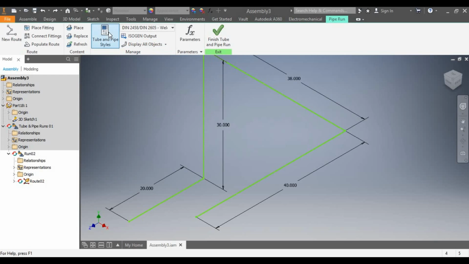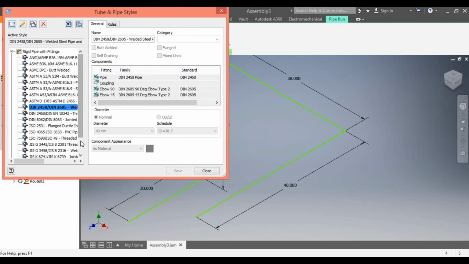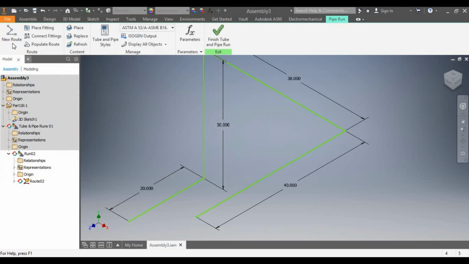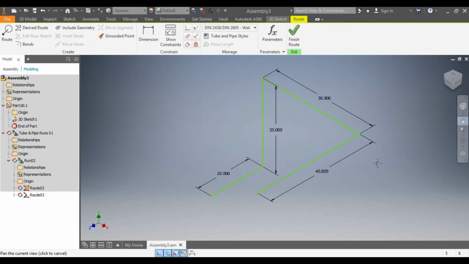Before routing, you should select French or any other desired spec, activate it, close, and here we can see that a new route has been created, route 03, drive route,